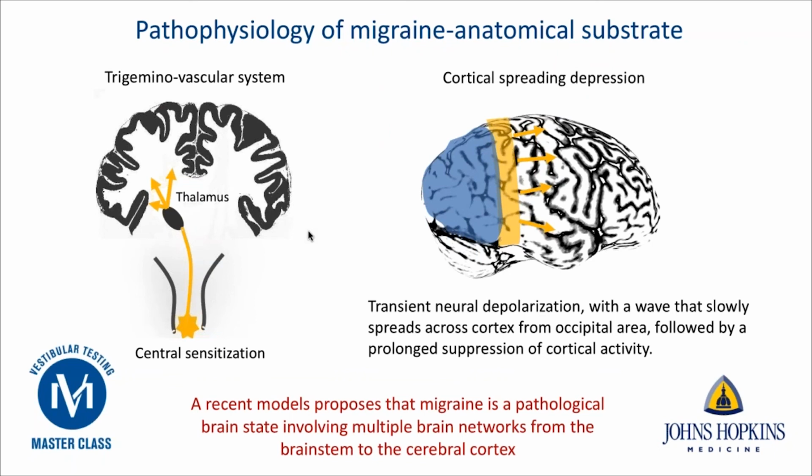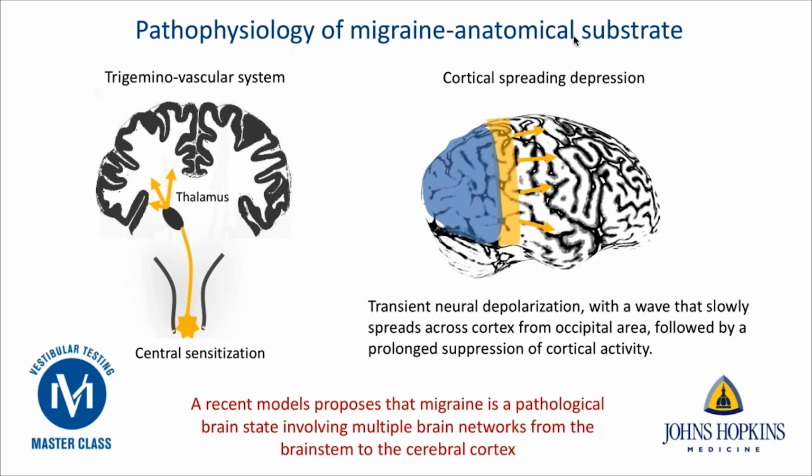Just quick points about the pathophysiology of migraine. There are two important mechanisms. One is linked to the trigeminal vascular system. The trigeminal ganglion is important for innervation of the meningeal blood vessels. Also, increased activation in the trigeminal ganglion can affect neural networks higher up, all the way to the cortex,